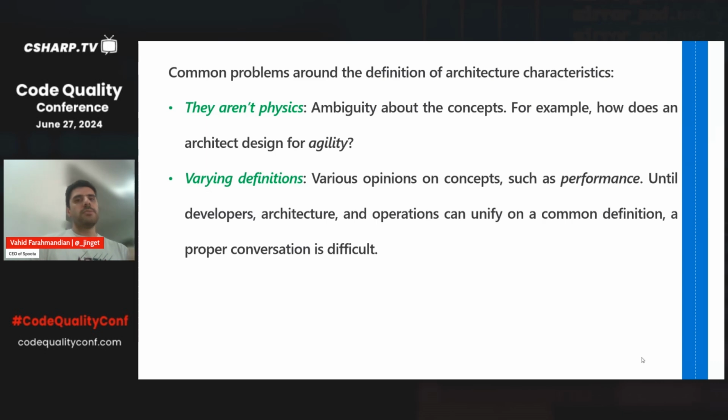Software architects might see performance as something totally different from what a software developer sees. So we need to arrive at a common definition. We need to put all our team members or all our stakeholders on the same page to have common definitions around the concepts. And the third problem is that some